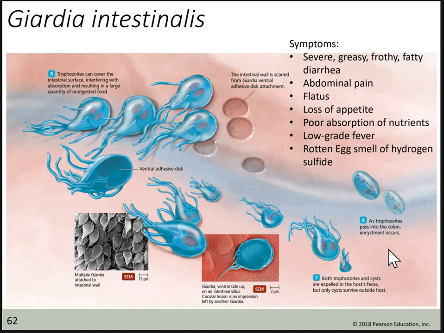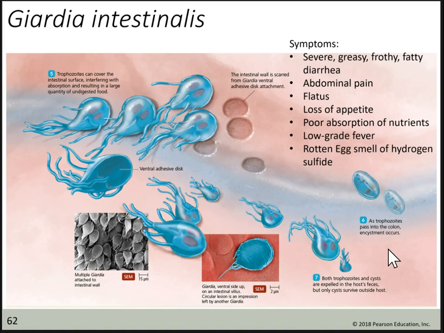So think about that when you're going through your cases or when you're going through your notes later. Think about what type of diarrhea is so associated with each of these. We talked about bloody diarrhea. We talked about rice water diarrhea. Now we're talking about frothy, greasy diarrhea. So be able to differentiate what type of infection a patient might have based on the type of diarrhea that they have. It also causes abdominal pain,